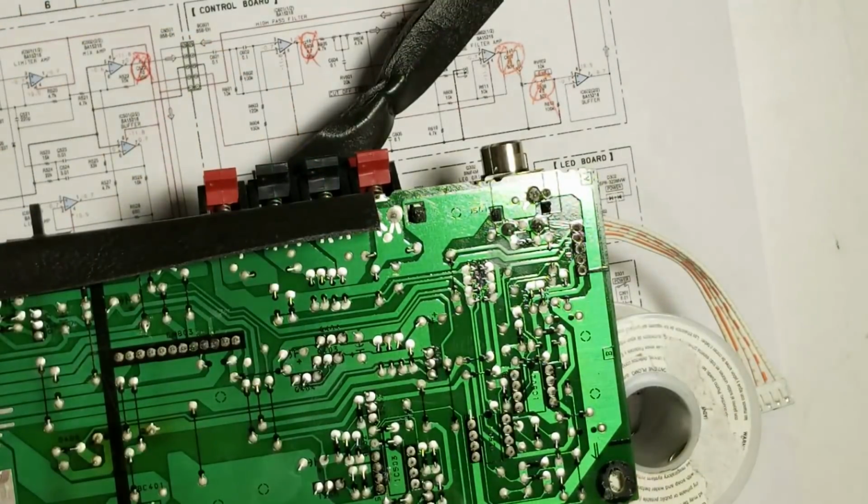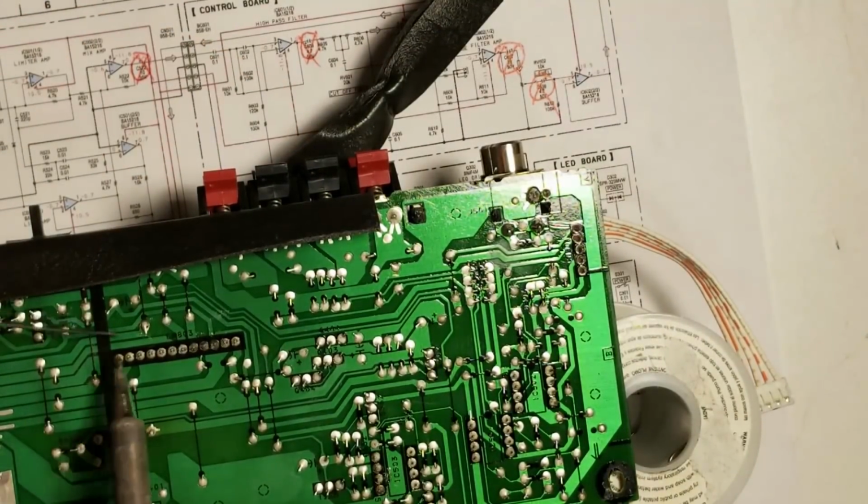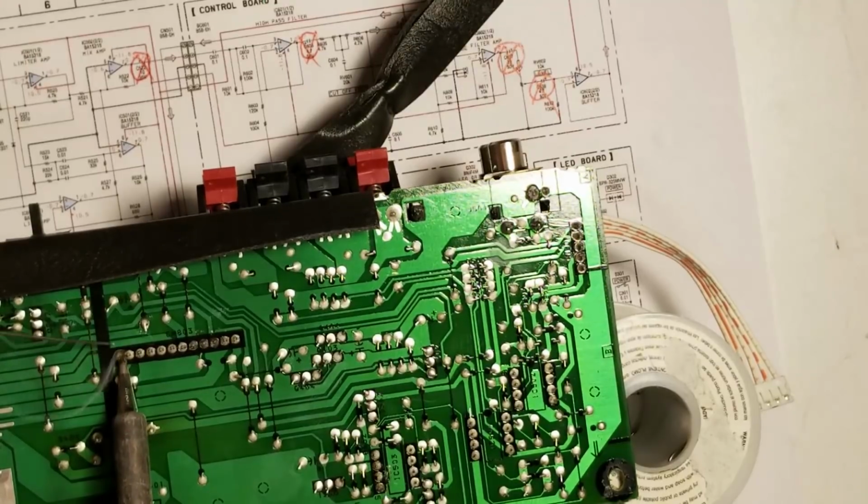That looks good. Next, I'm going to go over and just solder the connections to this one connector to the